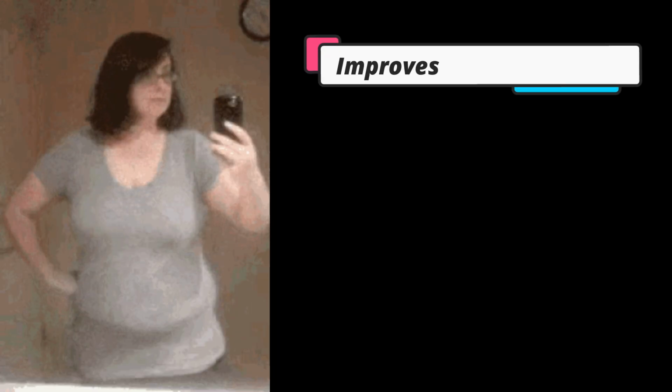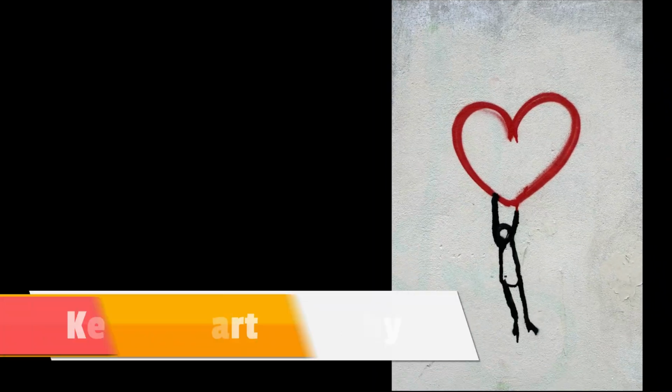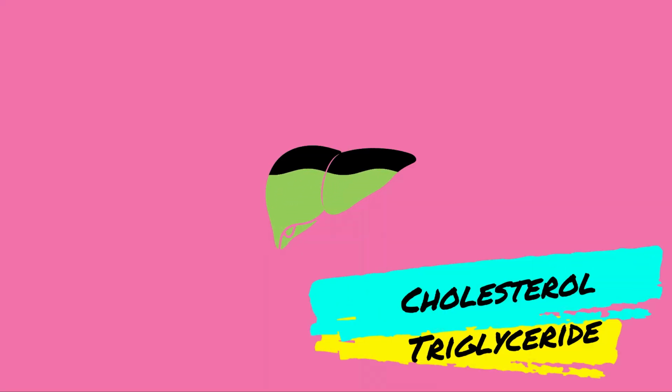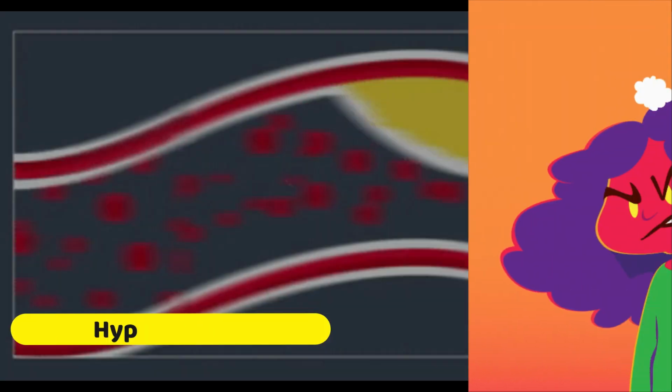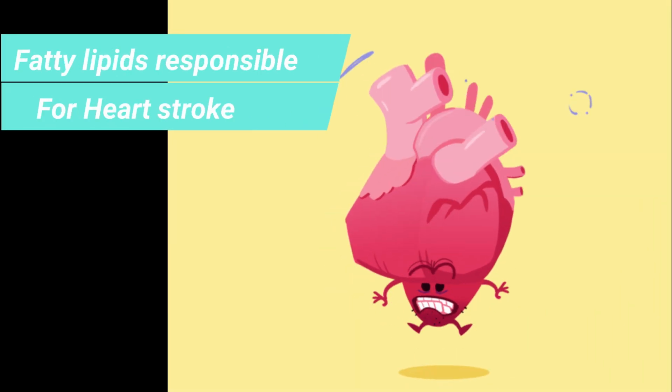Vinegar improves lipid profiles and suppresses fat accumulation. That is, it helps keep your heart healthy. High dietary cholesterol will induce a significant increase in liver cholesterol and triglyceride, which can lead to health complications such as atherosclerosis and hypertension. Vinegar supplementation reduces the formation of triglycerides, that is, fatty lipids that increase the risk of heart